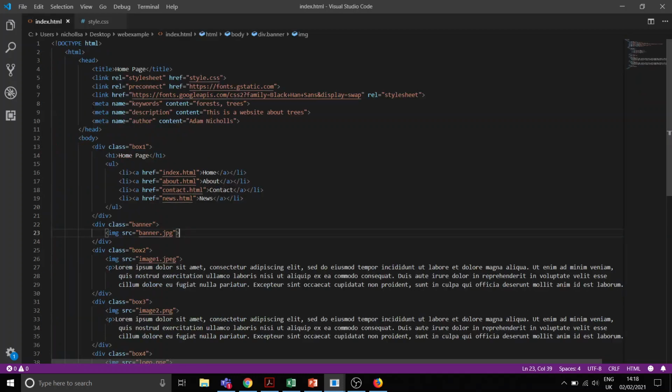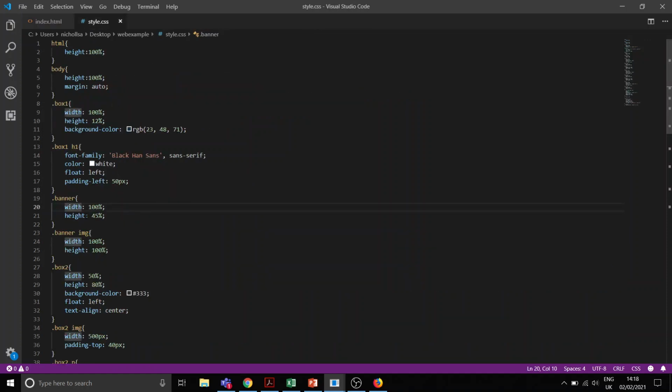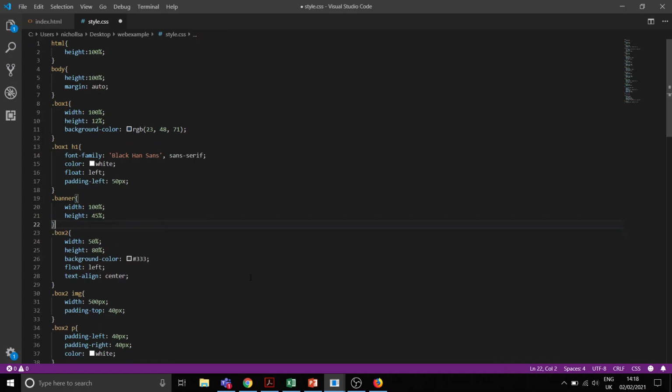Actually, I've already said all that, and now I'm going to change the HTML. This banner image, I am going to delete from there because I'm not adding it in HTML anymore. I'm adding it in CSS. So you're actually adding content in CSS, really. Where we've got the banner IMG here, we don't need that anymore, so we can go ahead and delete that. Okay, if we save up,